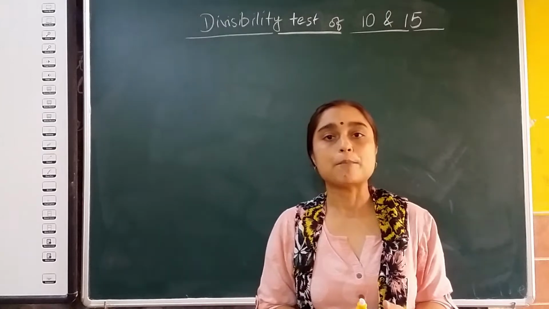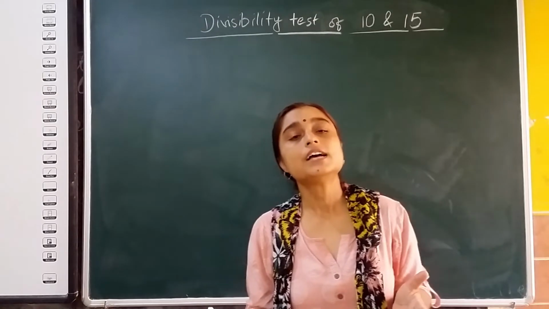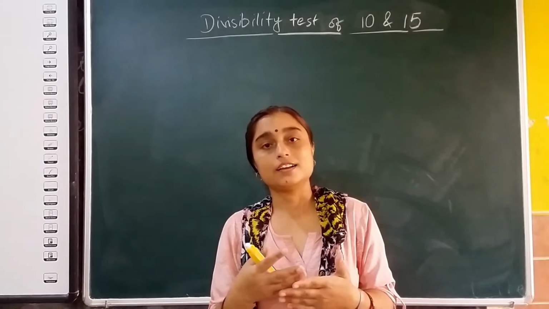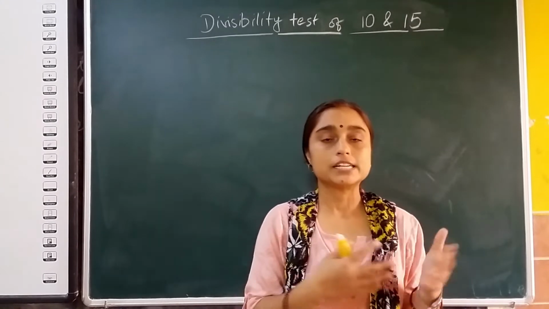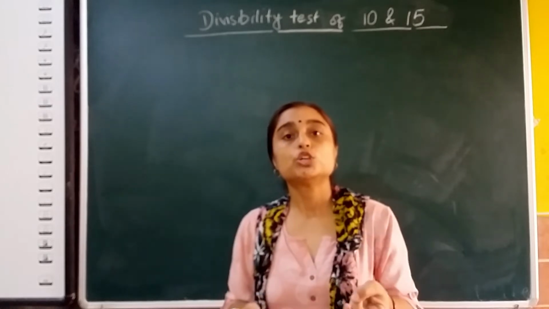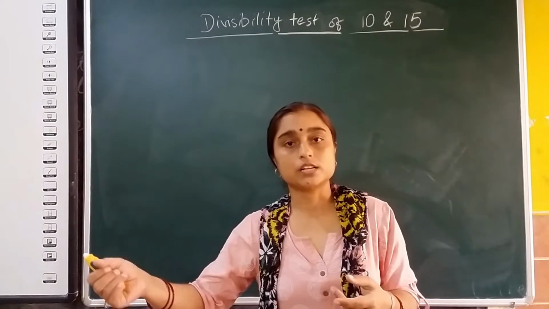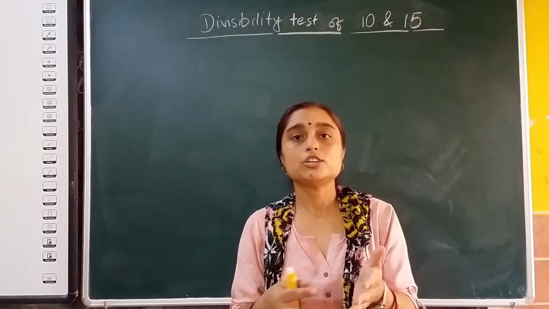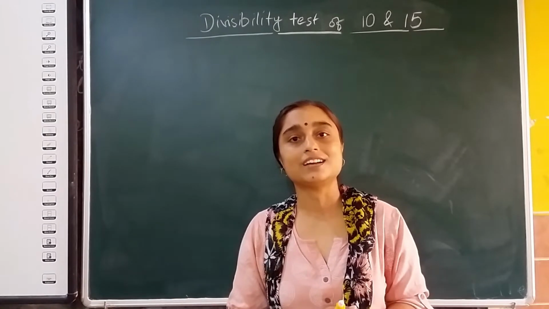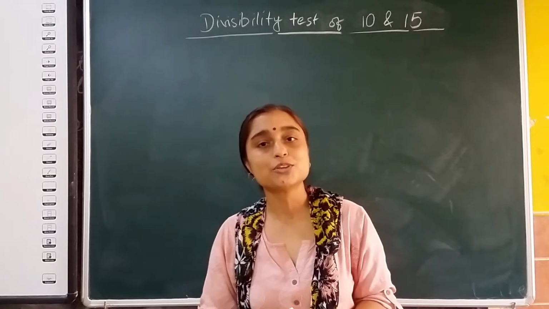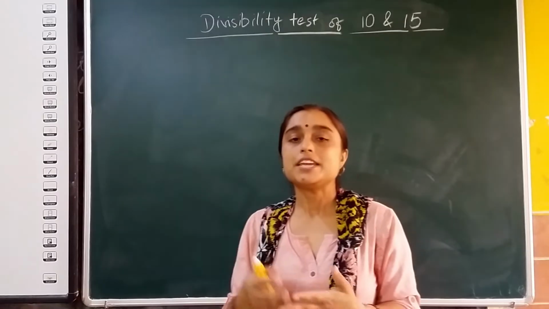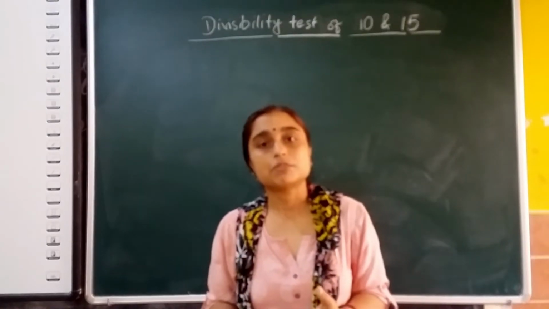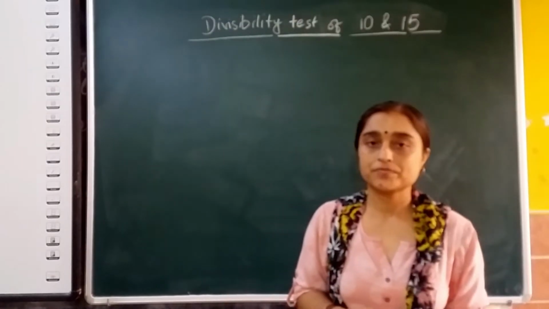You can take an example. For example, if you and your brother, your elder brother or your younger brother or your younger sister or elder sister, both of you can defeat a person. You have a fight and you defeat that person, then automatically your father can also defeat that person. Your father is much stronger than you. Similarly, if any number is divisible by both 3 and 5, that number is automatically divisible by 15.